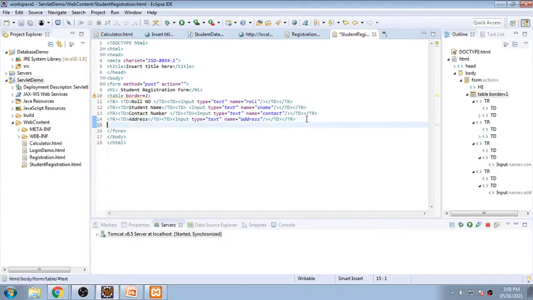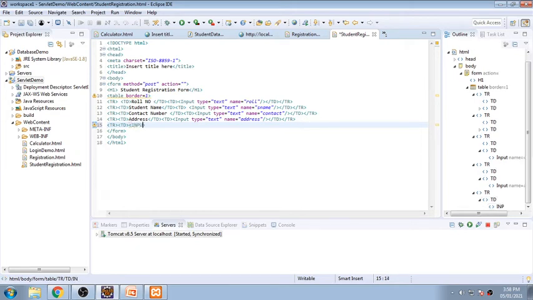Now I need to create again a table row, because I want a button over there. So table row, then TD, and a button should be there. So input type is equal to submit, and the value that should be displayed, value is equal to in double quote save record,